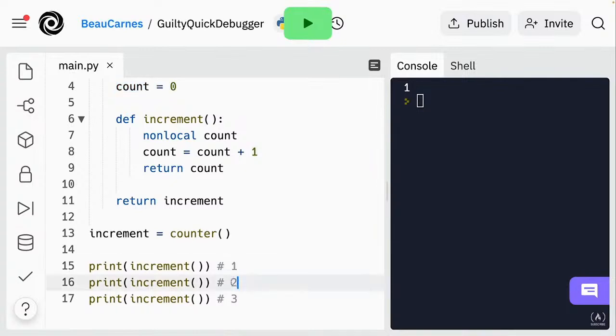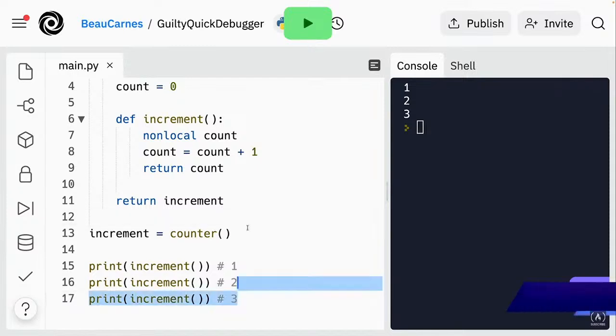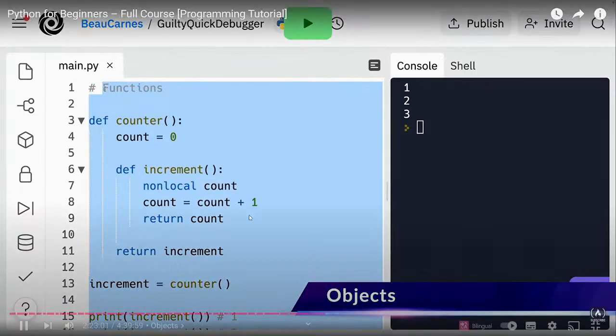And we have here in a comment what it's going to return, but we can also run the program and we can see 1, 2, 3, just like that. So we return the increment inner function, and that still has access to the state of the count variable even though the counter function has ended. So let's move on to